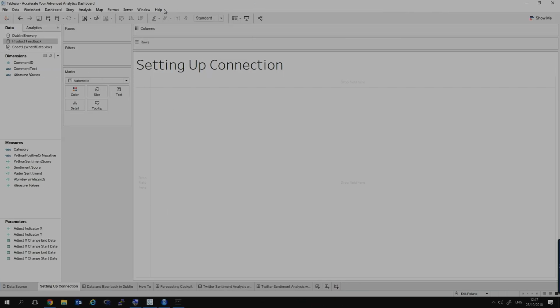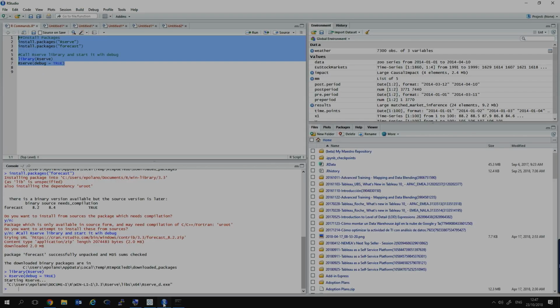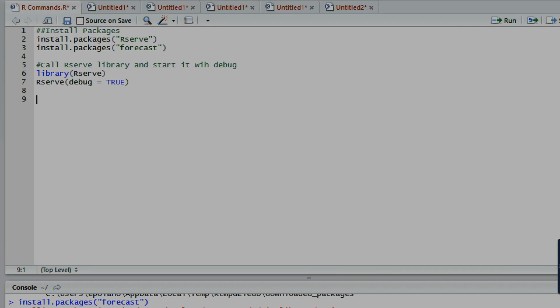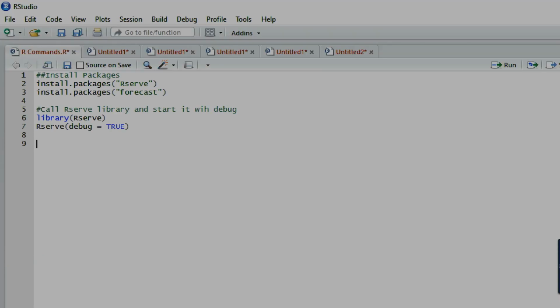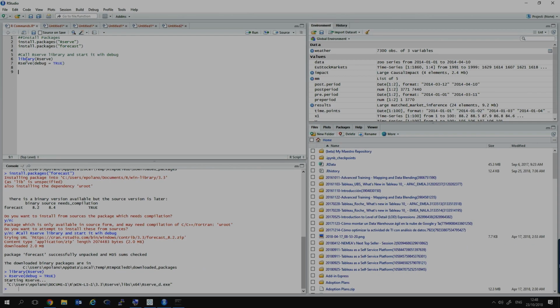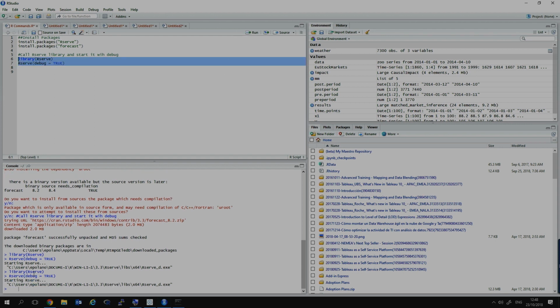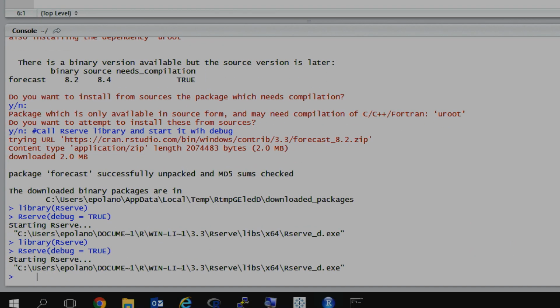Let's switch back here into Tableau Desktop. And what I'm going to do is first make sure that I have here my favorite IDE for R, RStudio, where I have, in this case, installed certain packages, Rserve, and my forecasting package. I'm then going to call that Rserve package and start running it so that Tableau can interface with R. In this case, I'm just going to have this be run so that I know that my Rserve is available. I see here at the bottom that it is.